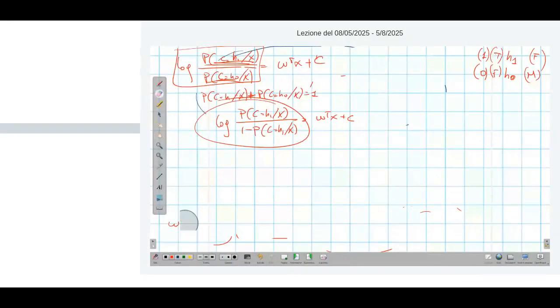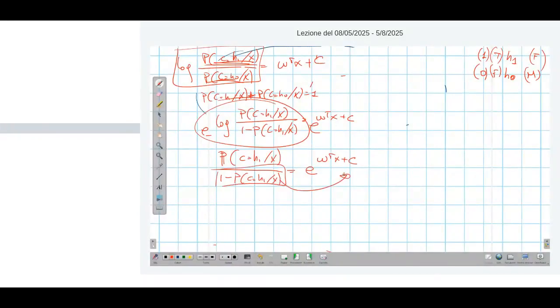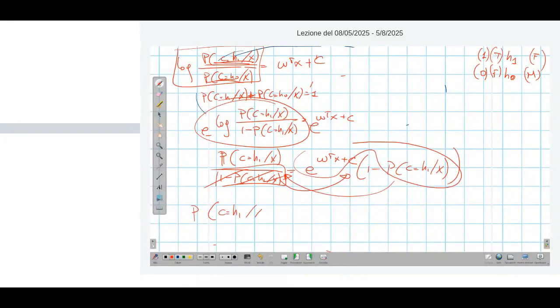To solve this in terms of the class posterior for class 1, what do we have? Well, we take the exponential of both sides, we have a ratio. Now we bring this on the other side. So I remove it from here and I multiply it here. Now I take this term and I bring it on the other side, which means that I will have 1 plus exponential of W transpose x plus c is equal to exponential of W transpose x plus c. And then I take this term and put it on the other side, and I get that for the Gaussian type model,